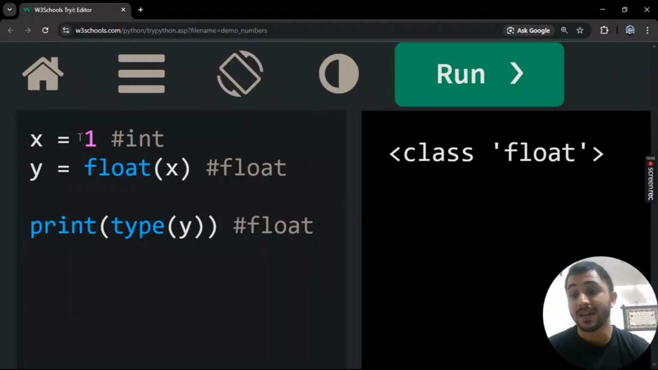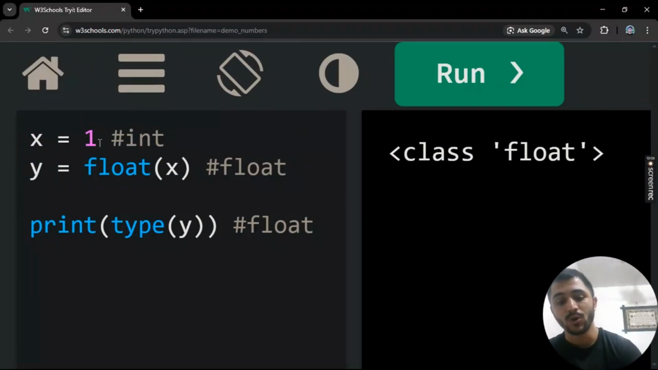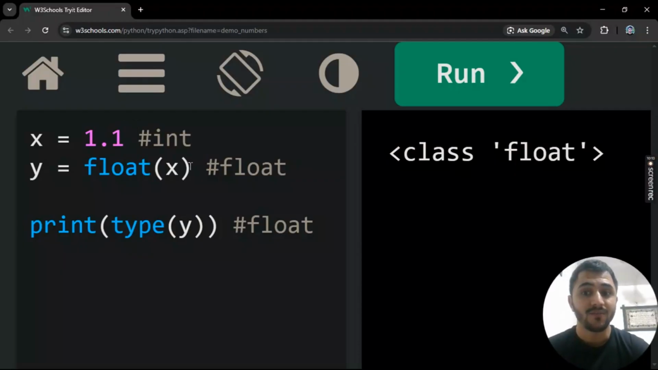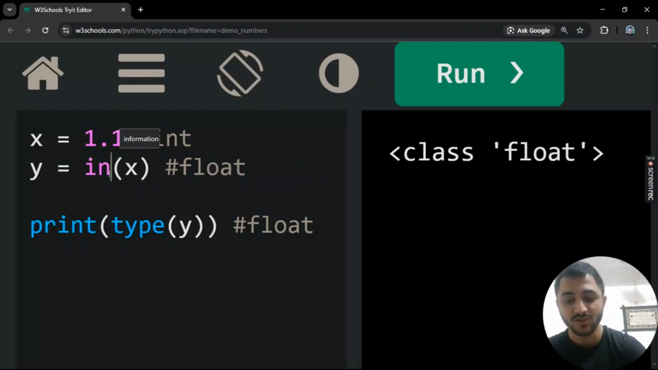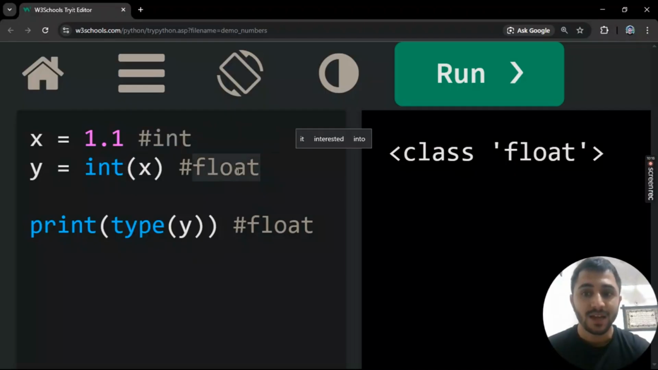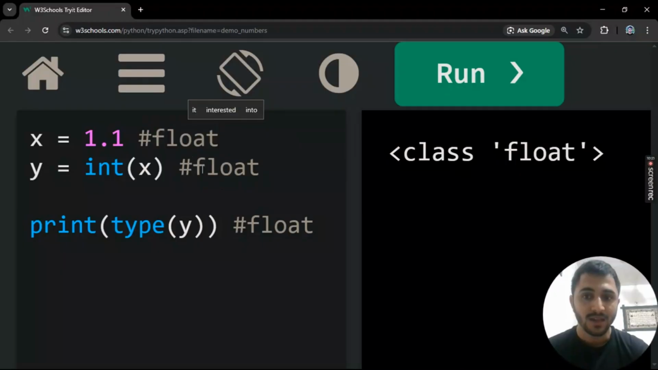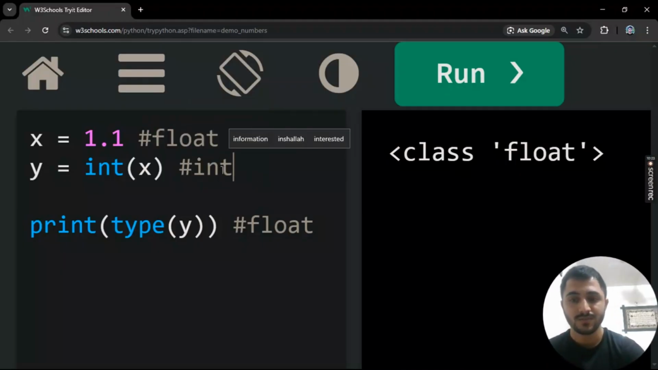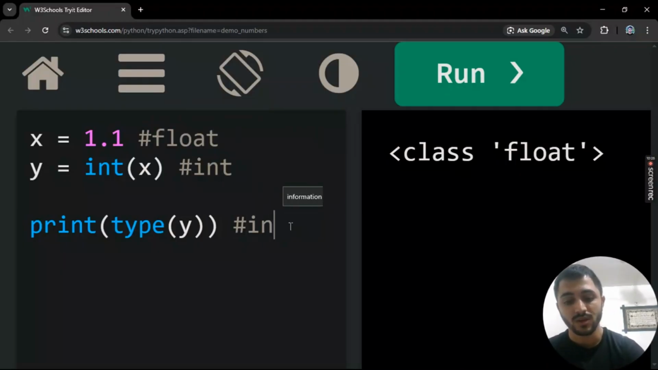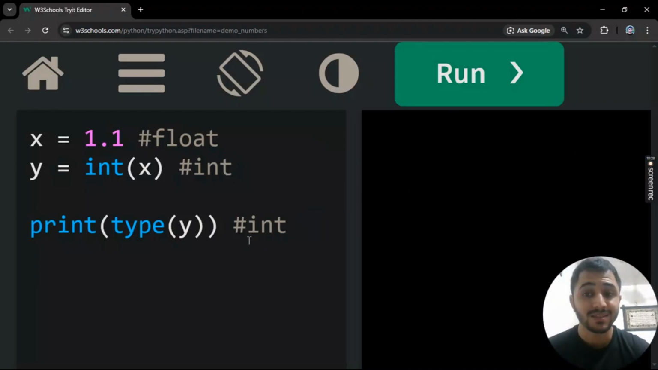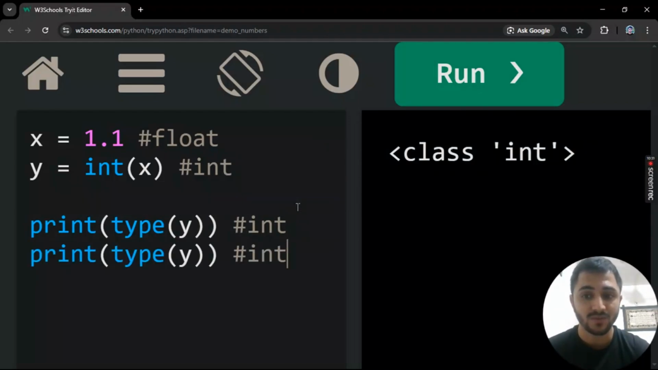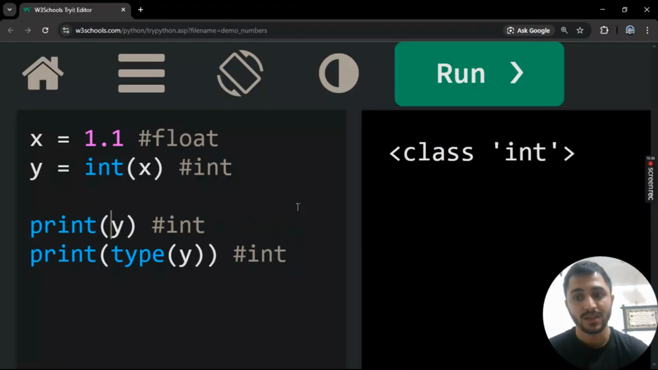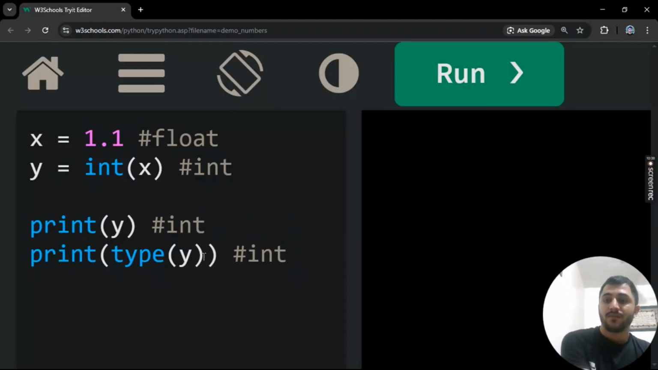So this happened, and now if you have any float like 1.0 or 1.1 and we want to make it an integer, we use the integer function to convert it, and you will see the answer. However, we also have to see the number so we can get a better understanding. The y is now